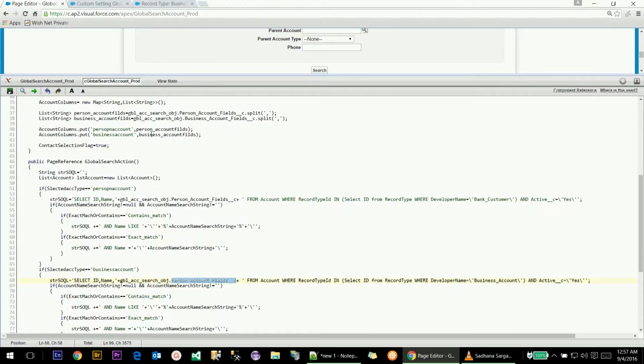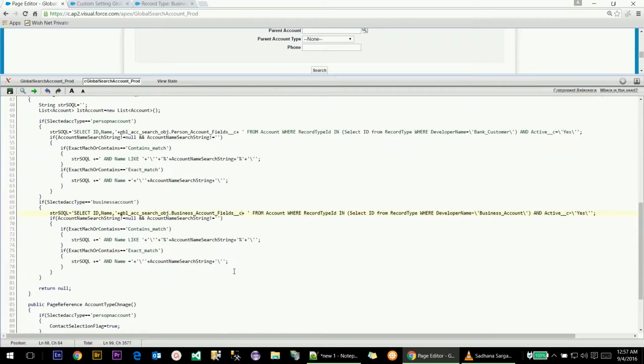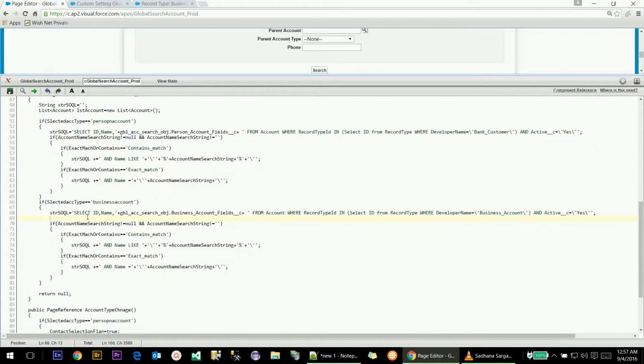Okay, so it will return only those accounts based on the search result, and this field should be different because it will request those business account fields, which will be in the custom settings separated by comma. Okay,